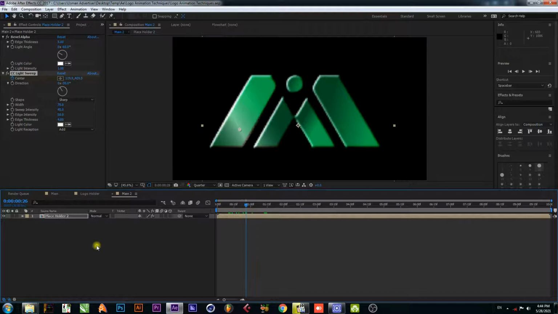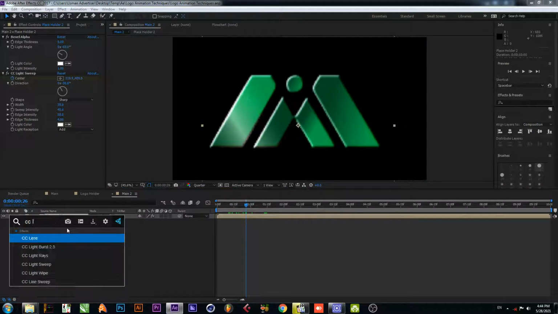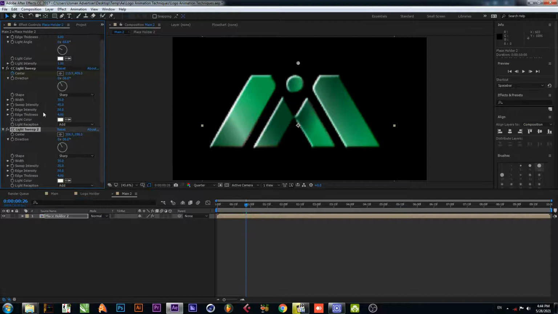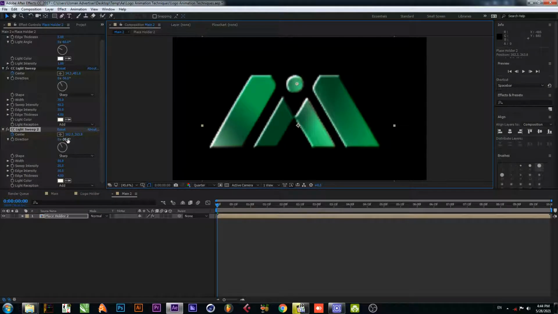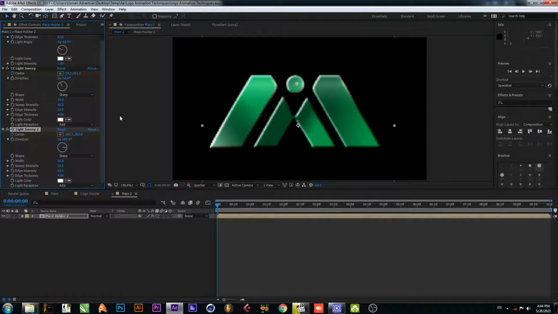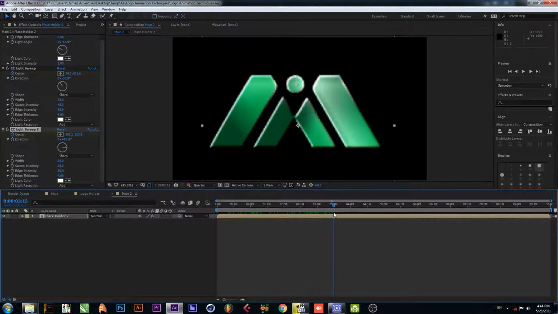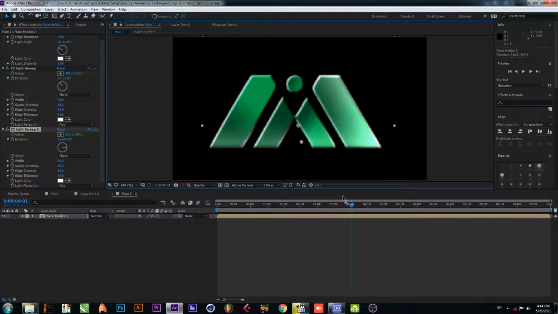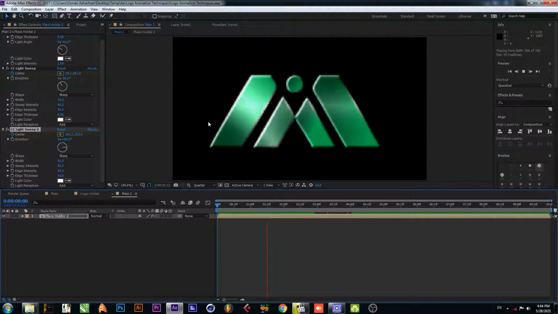Seventy is best. Okay, now apply it again. CC light sweep. Go to first frame, add keyframe, and set position here, and rotate it 90 degree. Okay, now go forward to 4 second and change position again like this. Okay,